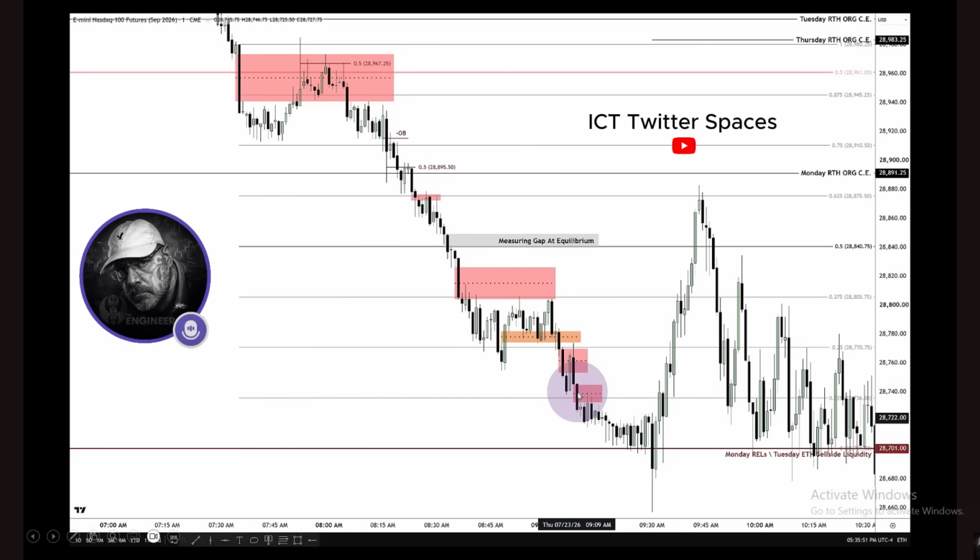It validates that bearish breaker, and when it trades back up, that little bit of retracement back up will allow the traders that were not able to offset distribute their longs. They don't want to get it out while the market's at a deeper discount. They're going to allow that opportunity for them to come up to a higher premium but not change the structure that's now implementing a bearish